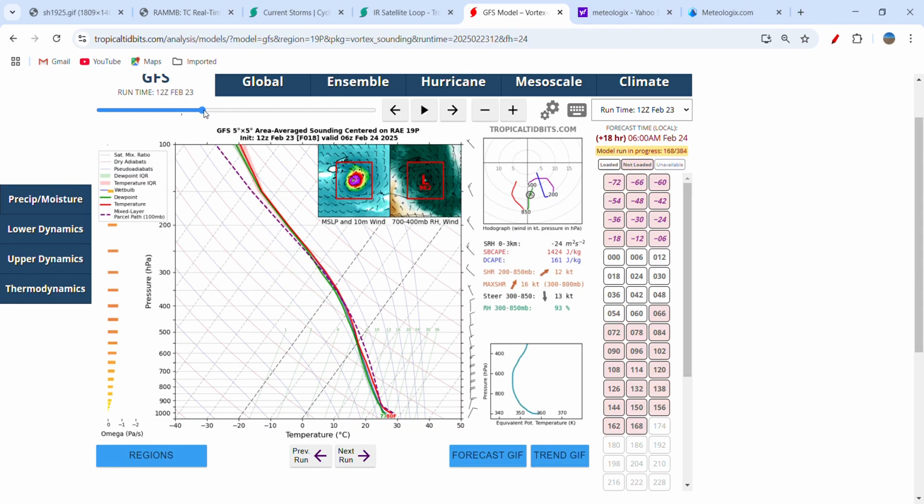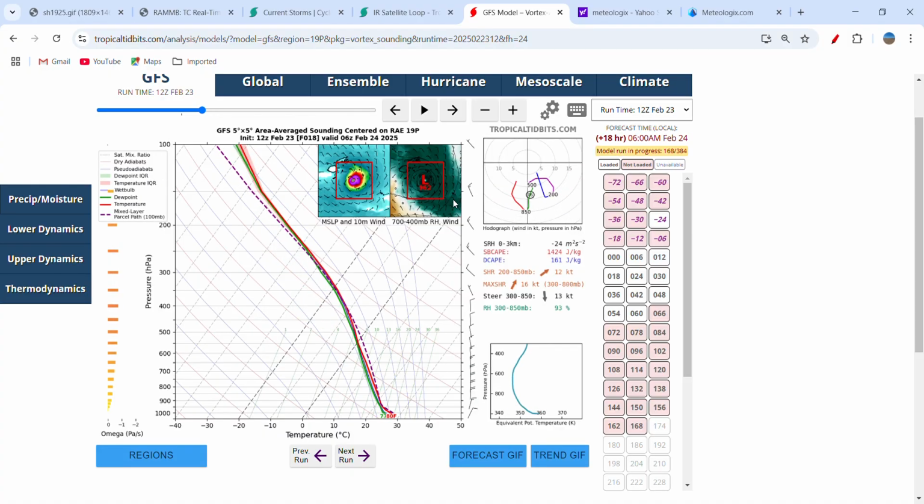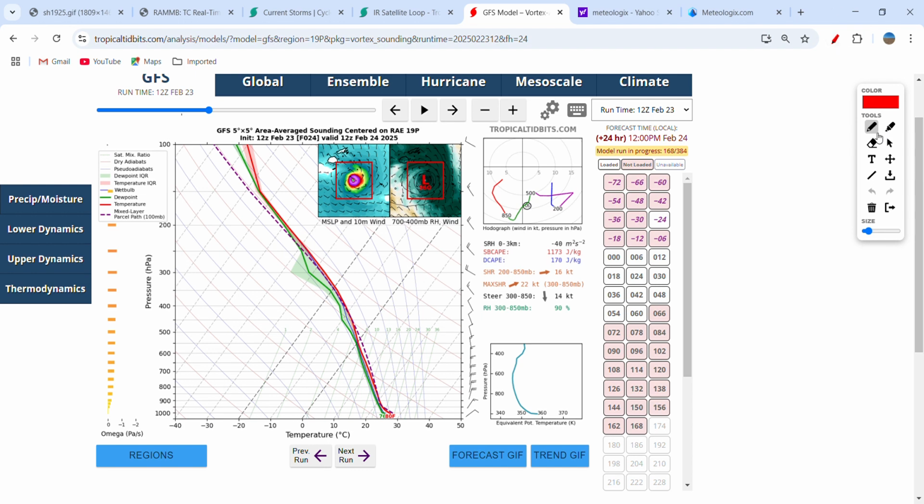Actually, interestingly, looking at the storm and focused on the vortex itself, we actually got lower pressure retrievals here on what the GFS forecasts. Lower forecast minimum central pressure. So that's interesting. What we had on the global view was 962, but we only got 960 here. But nonetheless,